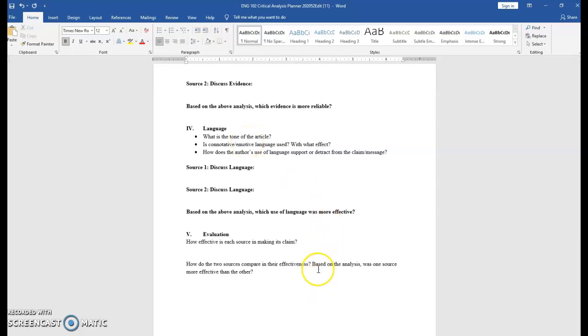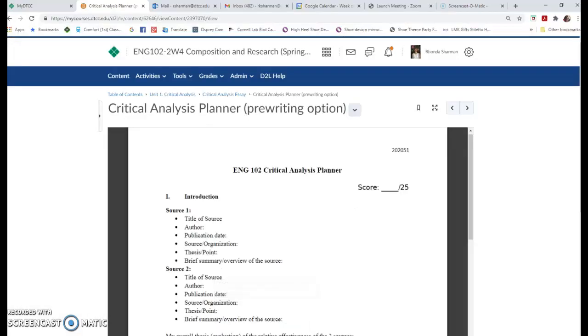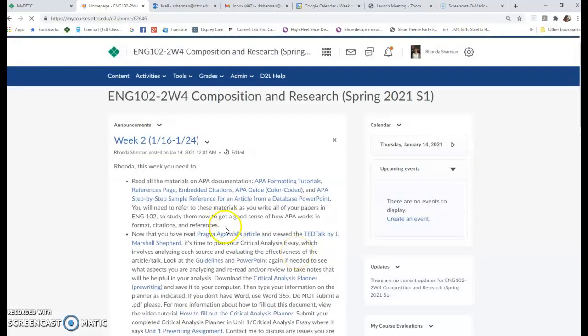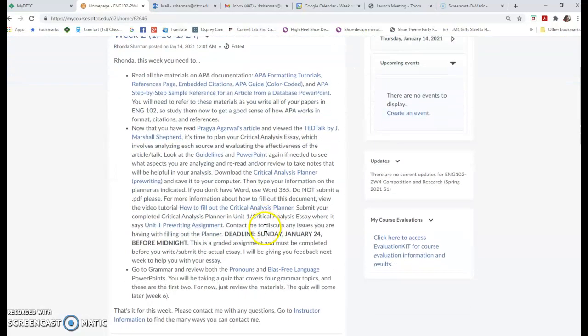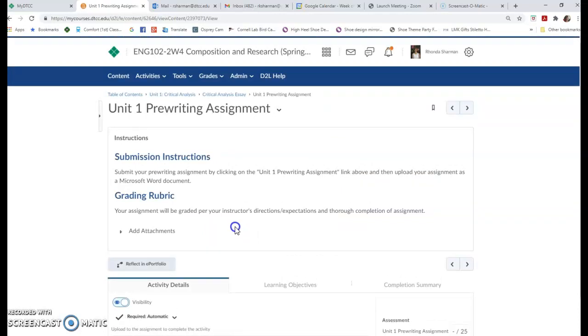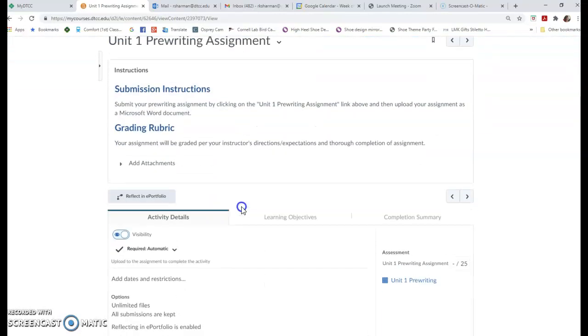All right, so hopefully that will help you fill out the document. When you are done with it, you can go to the link to submit it, or again, you can go to Content, Unit 1, Critical Analysis Essay and find the same link, and that will take you to your submission folder.